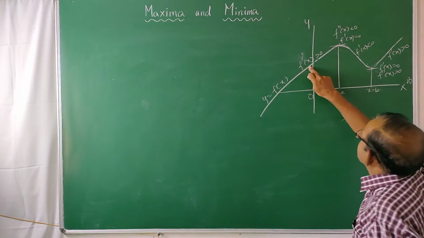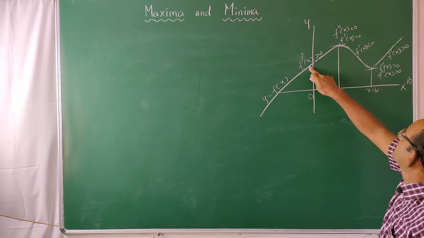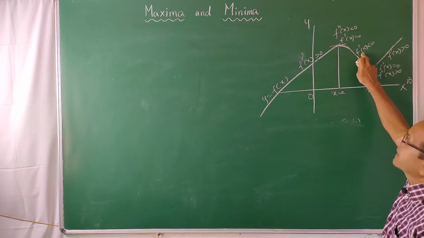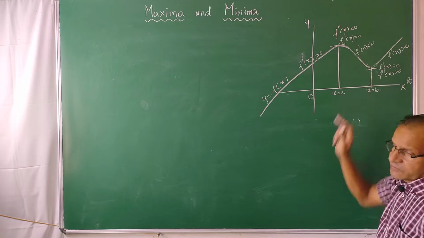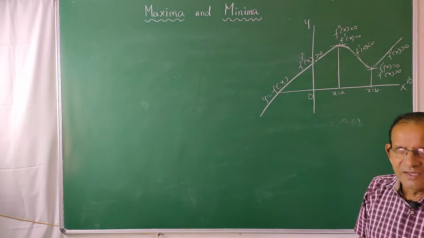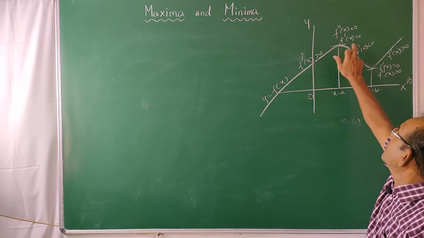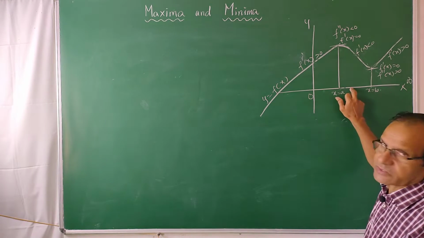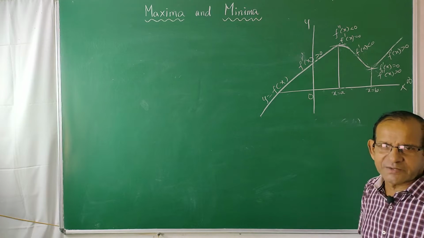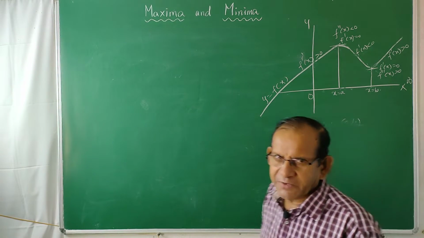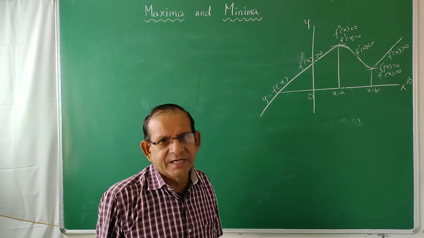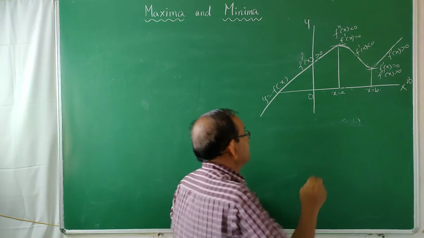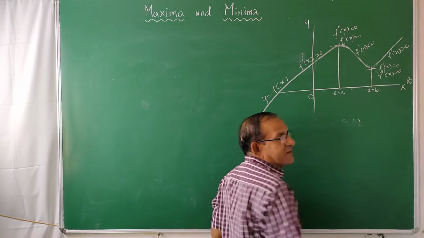Just before this point f dash x is positive, and again at this point it is 0, and after that it is negative, means positive, 0 and negative. Is it decreasing or increasing? Positive, 0 and negative, means f dash x is decreasing before a and after a also. So it is a decreasing function. So what about its derivative, f double dash x? It should be negative. When a function is decreasing, its derivative should be negative. So f double dash x should be negative at the relative maximum.